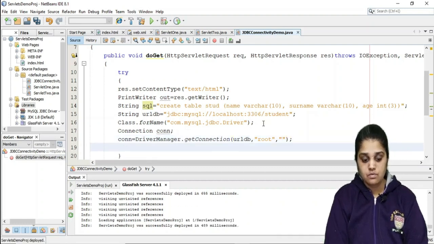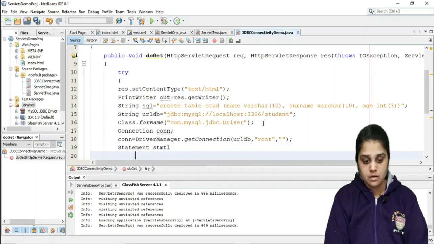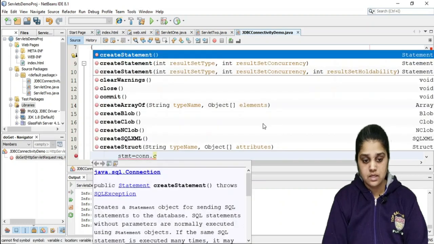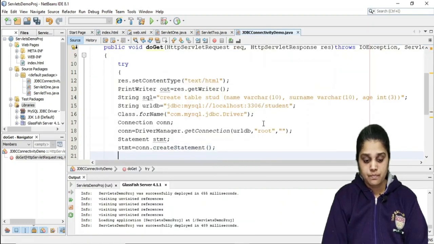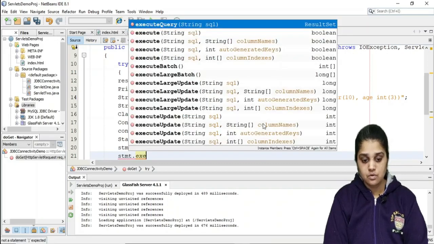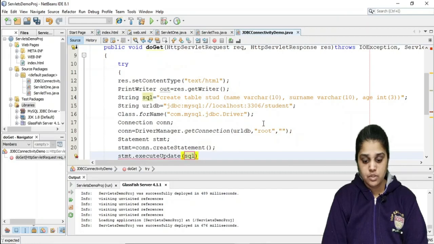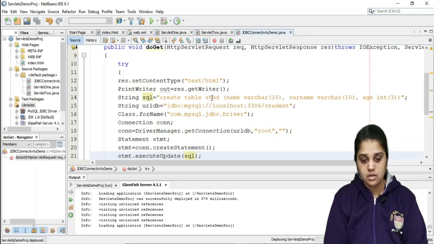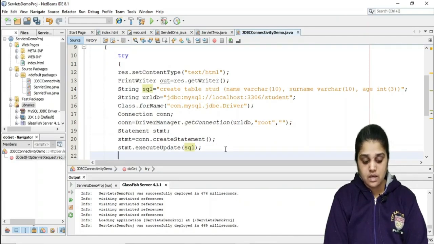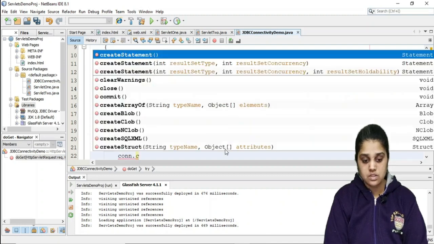Now I can create a statement object. Statement object is equal to con.createStatement. Now we can execute the update by putting in your create table query, and we can close the connection.